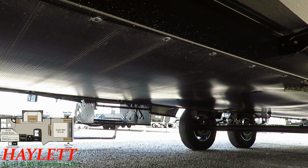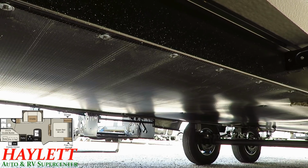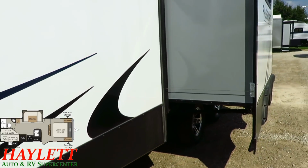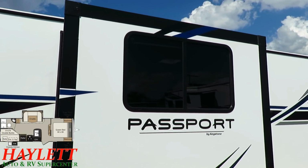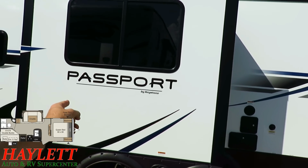It's not cheaper though. This is an area where they did spend good money, because again, they spend smart money on Passports, like a heated enclosed belly with a crazy oversized 30,000 BTU furnace. All of the windows are UV tinted to help keep the furniture from fading, to improve your privacy, and to help keep heat out of the RV, which is another area where this lighter, brighter, whiter skin right here is